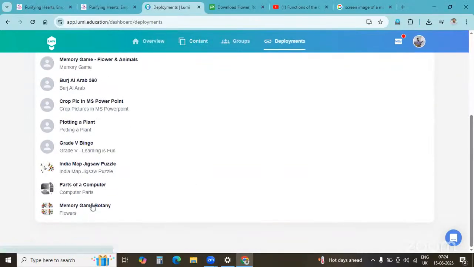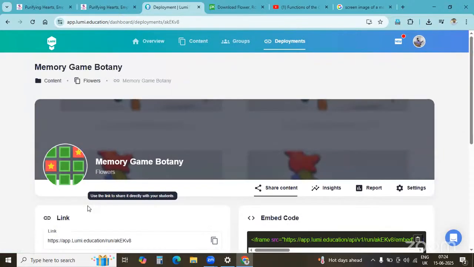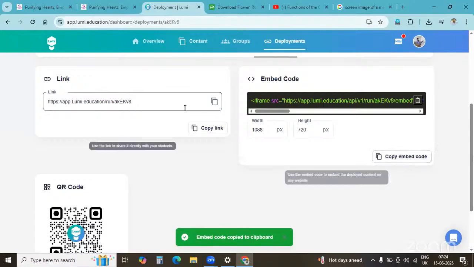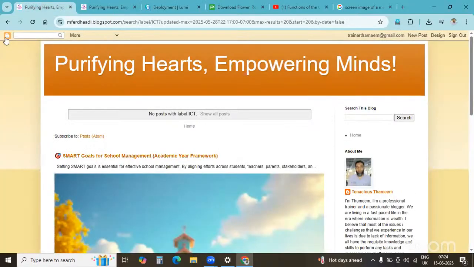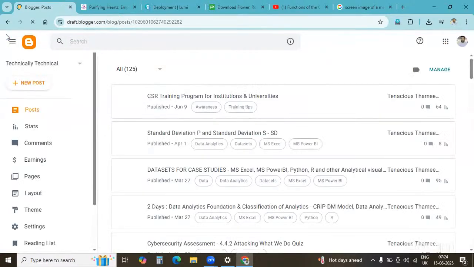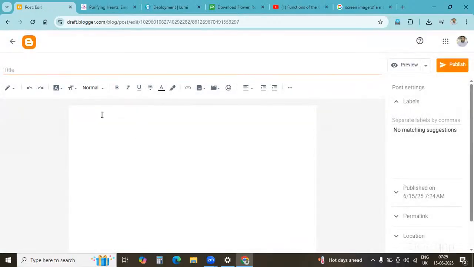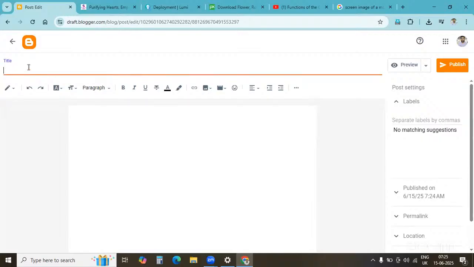Now, since we still have 6 more minutes, let me quickly tell you how we can upload this on a web page. You see this iframe. Copy embed code. You can create any blog. A blog is very easy. Create a blog, click on new post. And this post, botany